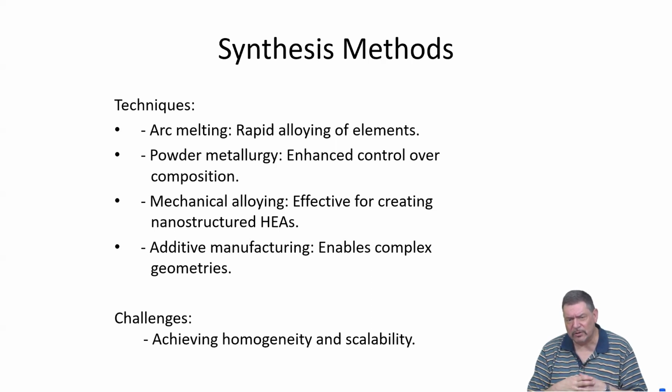A rather new addition is additive manufacturing, which obviously has the chance to make complex geometries without losing so much material, so it is a very cost-efficient process. And I will show you in the second part of this lecture series some results on additively manufactured Cantor alloy and specifically on the diffusion properties, because it works nicely and you get very nice materials free of macroscopic defects like cracks or voids if you do it correctly.